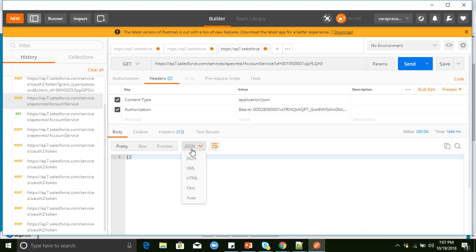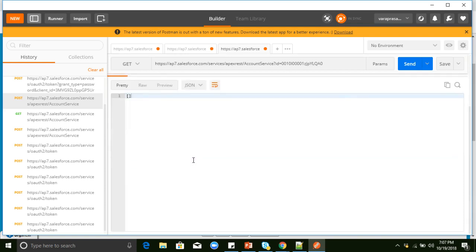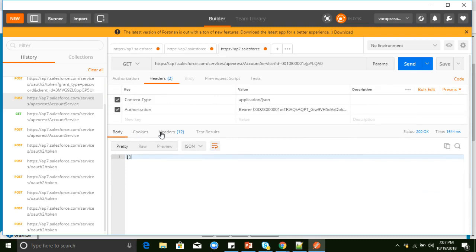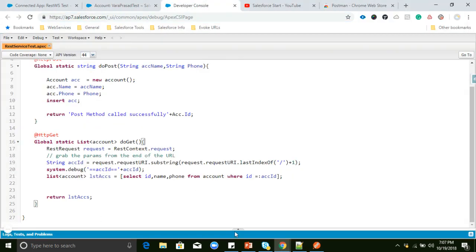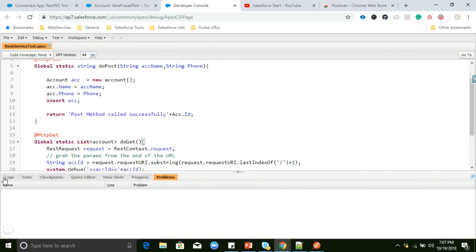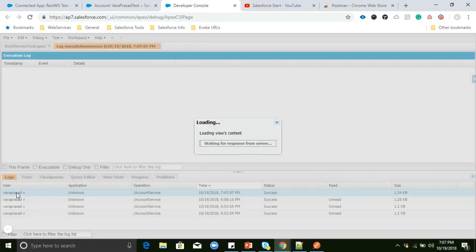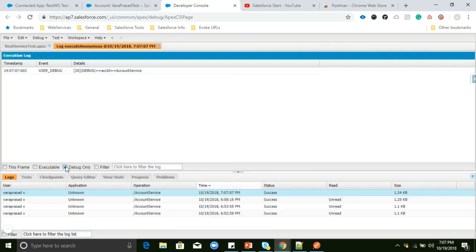Body, JSON. We'll see what happened here. Is the web service called or not? We'll check the debug logs to see what happened after calling the debug method.